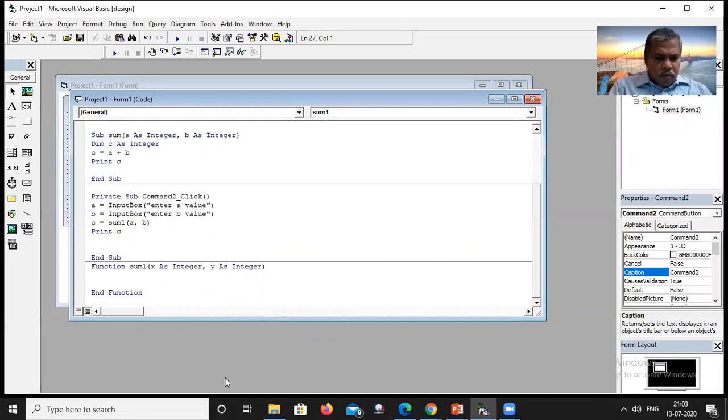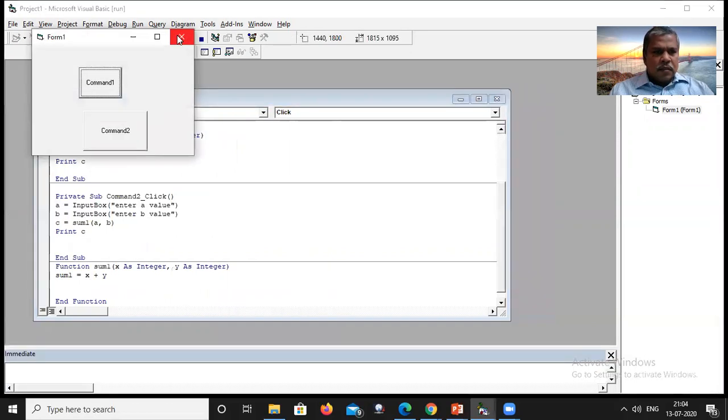Then I write sum1 equal to x plus y. This will return the sum1 value. No return statement is needed. Now I can just print the value C and get the result. I'll check it out.